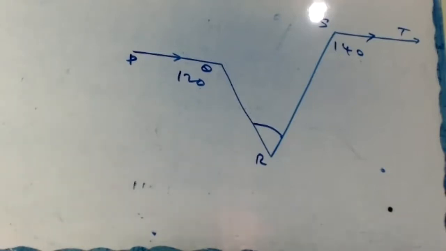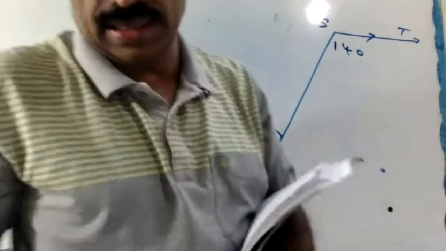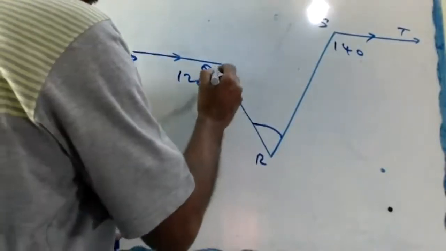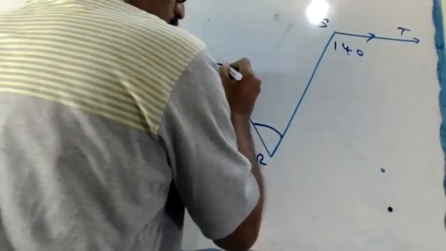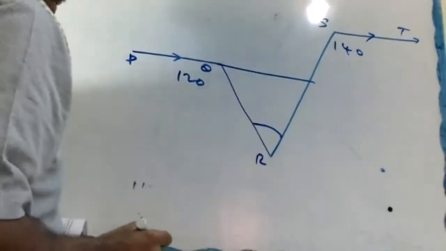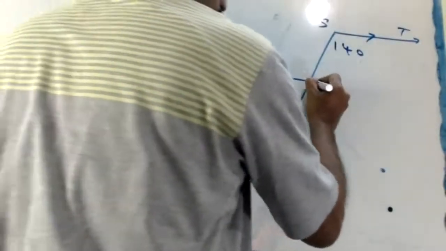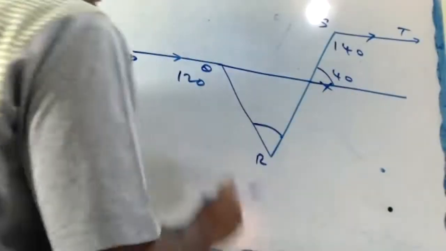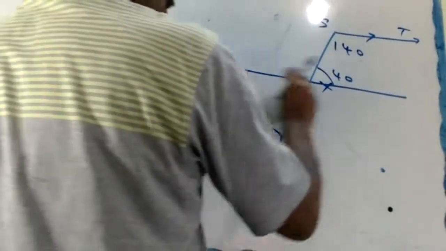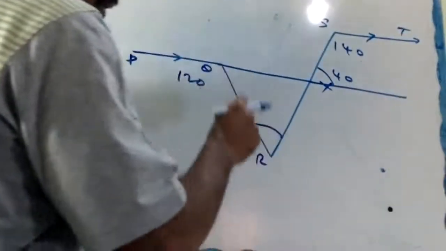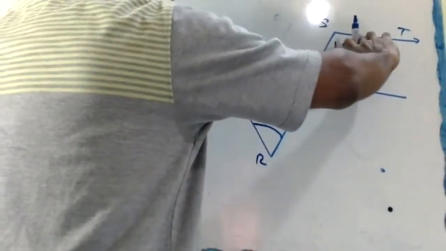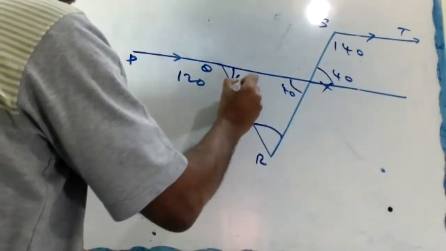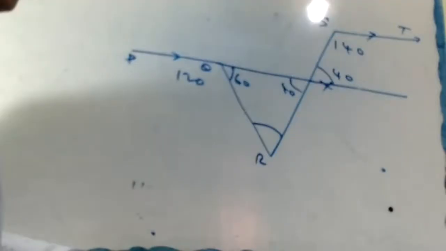Okay, look here. If you are not getting it, listen here. You can check your notebook. You can do one thing. One method: you just cross it here, and here we get x. So this angle is 40. Extend PQ. So this is 40 because it is a co-interior angle. This is 40. This is 60. So we can find out this one.